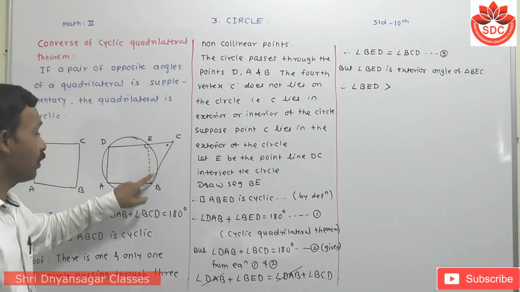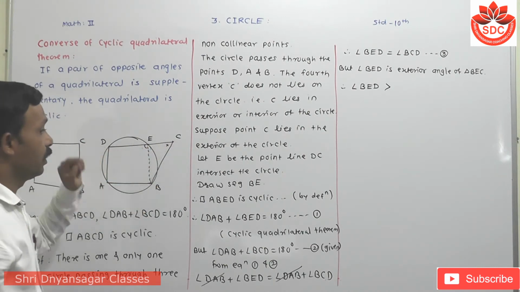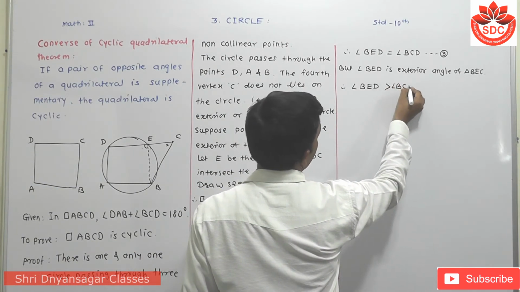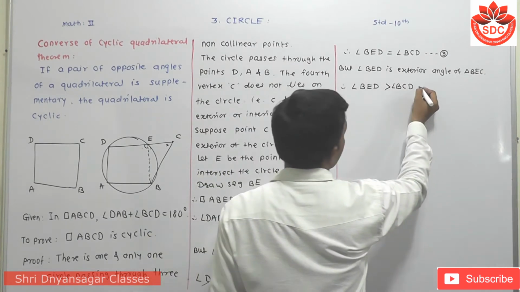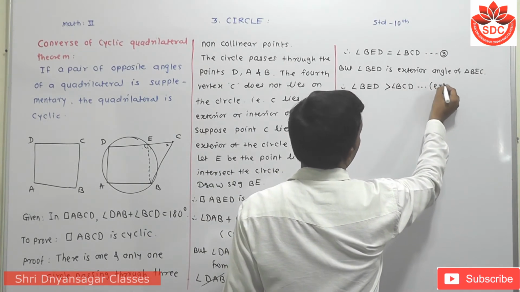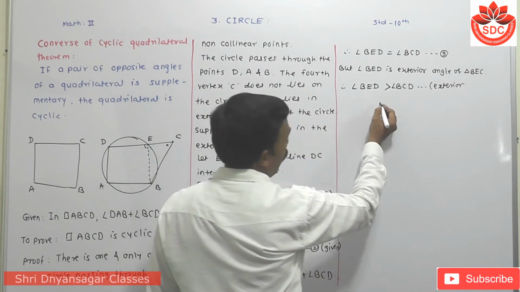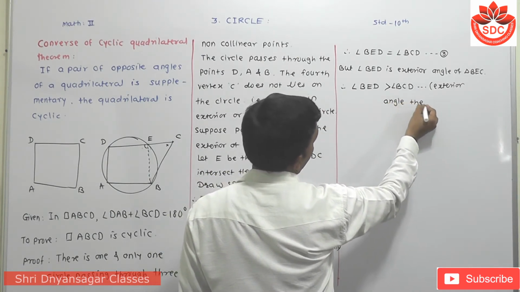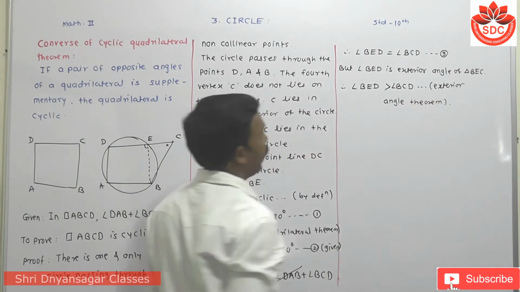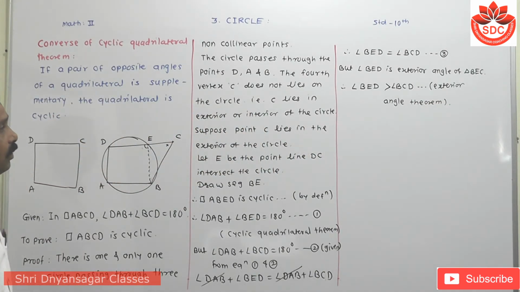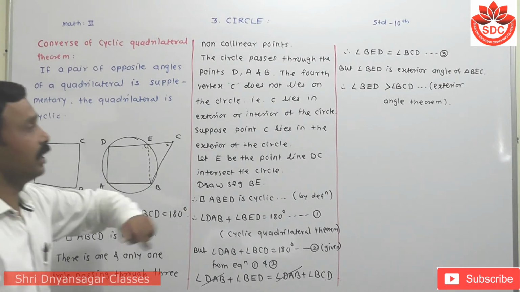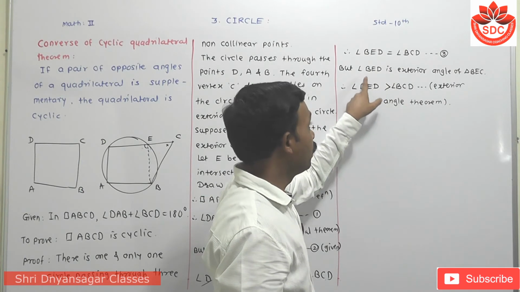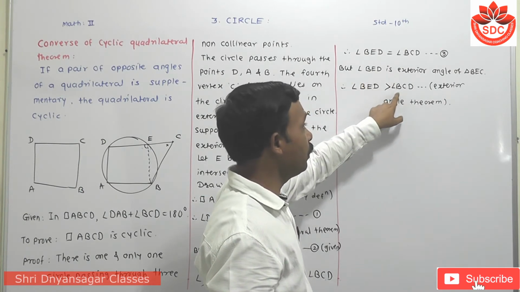So this angle is greater than angle BCD, because of the exterior angle theorem. Now look here, BED is greater than BCD. When you observe this condition, BED is equal to BCD, but this arises that BED is greater than BCD, means